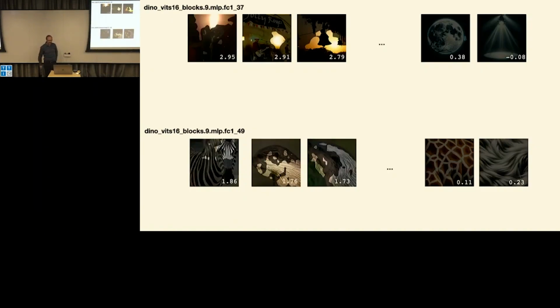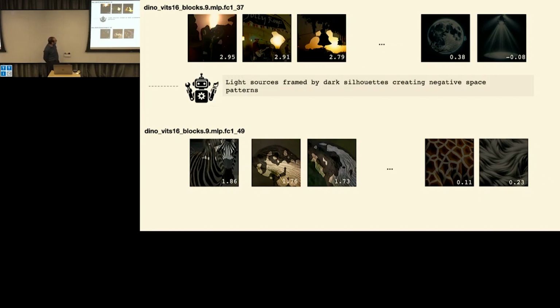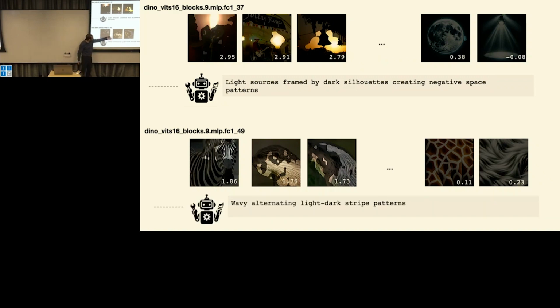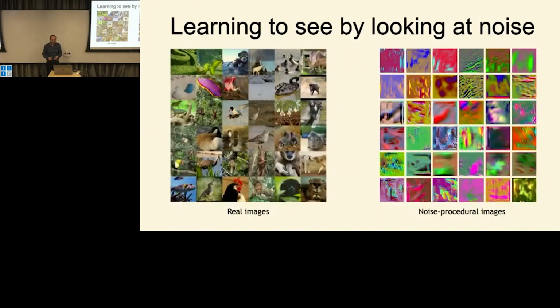And we find all kinds of things. There are units that seem to take light sources, but it's really just something framed, surrounded by negative space. There is something like wavy lines, and it performs all kinds of experiments. But most of the units here are really just about detecting simple shapes and textures that, if you compose them, give you a pretty good visual representation of the world, even though it doesn't come from natural images themselves. So this is something that we are quite excited about, trying to build models that can learn just from this type of process. And with that, I will end and thank you.